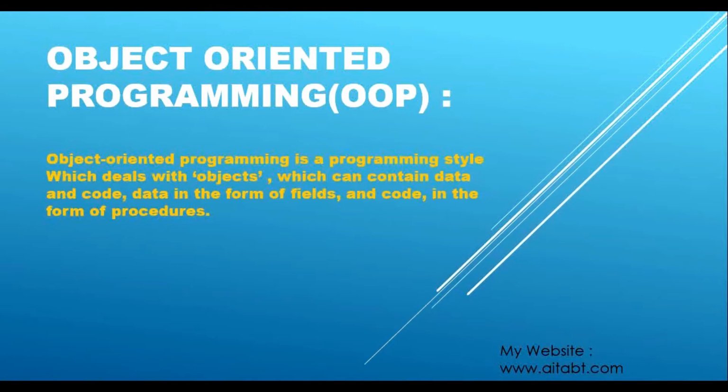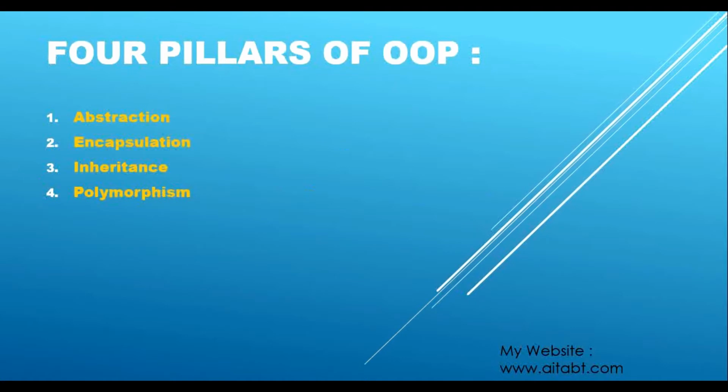But the C# language is extensively used with object-oriented programming. That is, the code we write we have to put under a type. Here class is an example of a type. So everything we have to put inside a class, otherwise it gives an error, because this object-oriented programming style is extensively used with the C# language. That is nothing but object-oriented programming, which deals with objects. We will see them in action, so don't worry about that. Why we have to put everything inside a type, that is inside a class, we will see that in action.